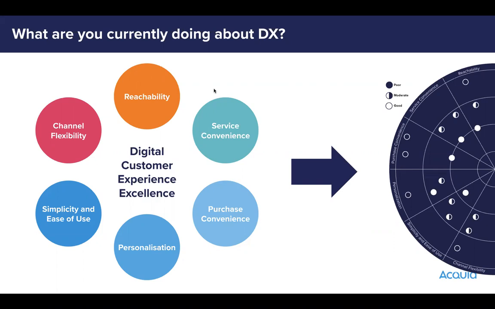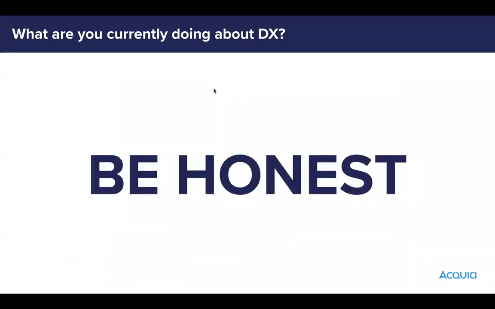So I've talked about that mapping, etc. Now, there tends to be a problem with this, which is that people are generally not honest when it comes down to talking about this. So when you're doing appraisals of where you currently stand, you need your teams to be honest. Now, whether it's from a business stakeholder point of view, quite often they are told that, yes, everything's great, we're doing X, Y, Z, just to keep the boss happy.